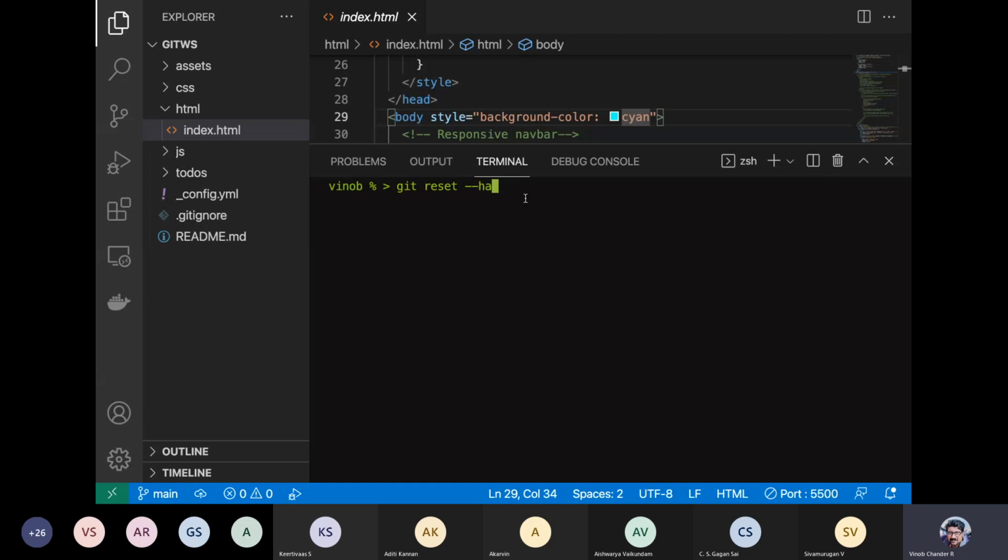Say for example, if you do a hard reset, let me give you an idea. So if you first of all see your one-line message, right? So if you do a git hard reset on this, right? So git hard reset on this will remove the other messages that are below this, and also any changes that you have probably done, right? We have actually done a change. That particular change will also be lost. So please be very, very careful.